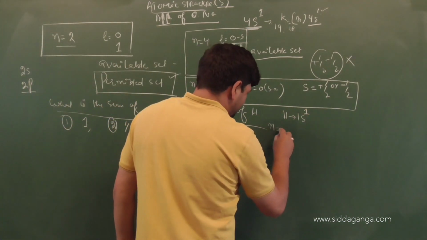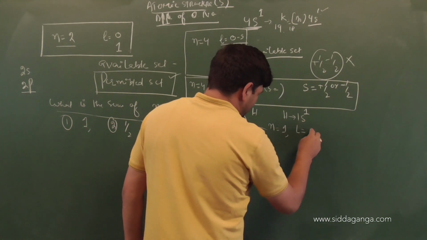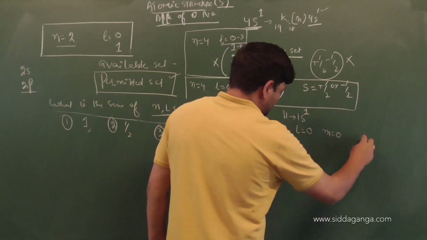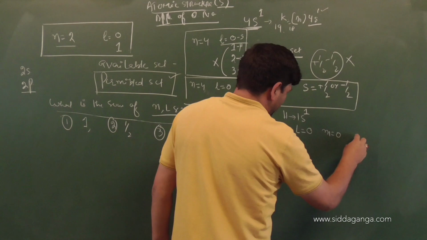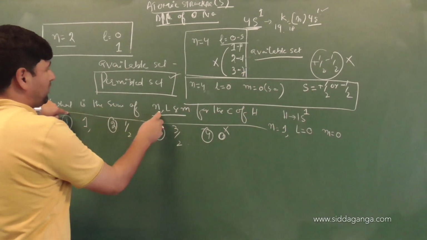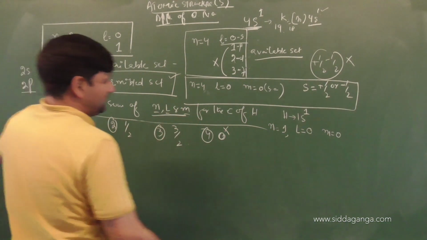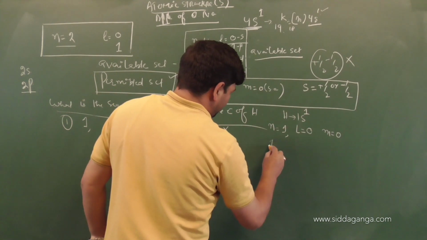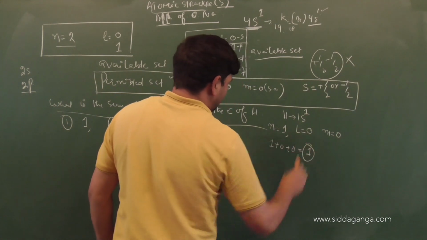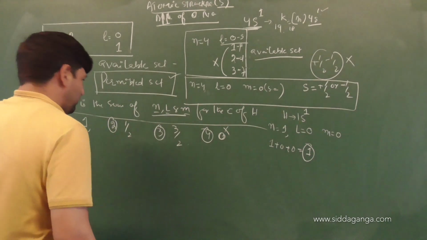So what is the N value here, children? Very good, 1. What is the L value here? When the N value is 1, what is the L value? Only one value, that is 0. What will be the value of M? Again 0. The spin quantum number, since only one electron is here, will be plus half or minus half. Now the question is, what is the sum of N, L and M? Principal quantum number, azimuthal quantum number and magnetic quantum number. So N is 1, so it will be 1 plus 0 plus 0, which is 1. So for hydrogen's electron, the sum of N, L and M will be 1.